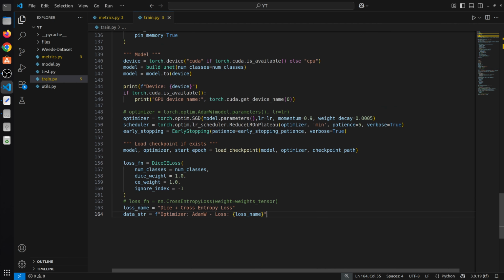Okay, so first of all, we check whether we have a CUDA device, or everything is going to be trained on a CPU. If you have an NVIDIA GPU and your libraries are properly installed, it would run automatically on CUDA. If not, if there's any problem, maybe you don't have the GPU, or you don't have the proper libraries